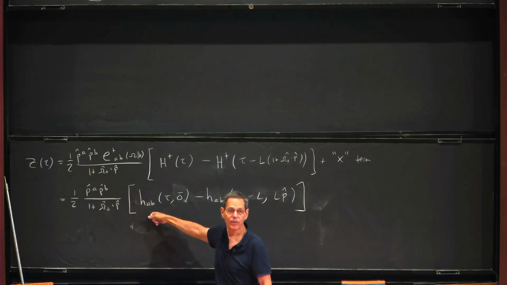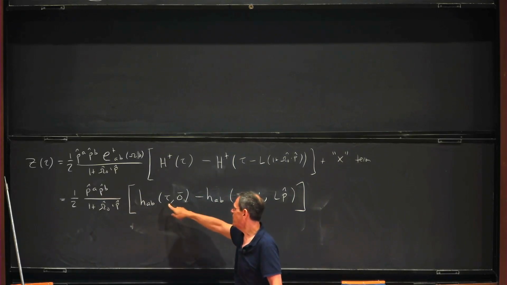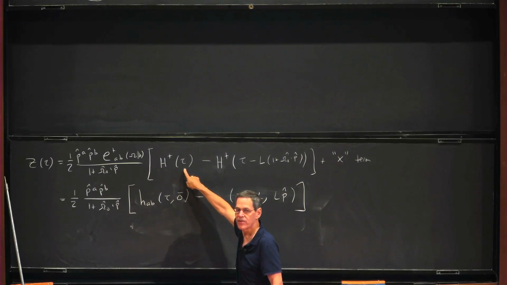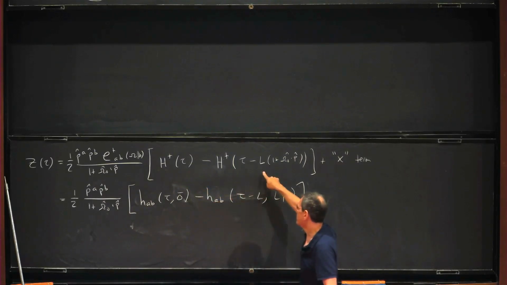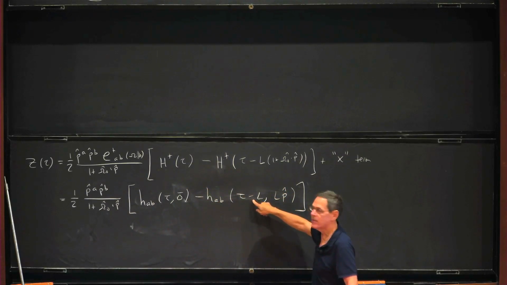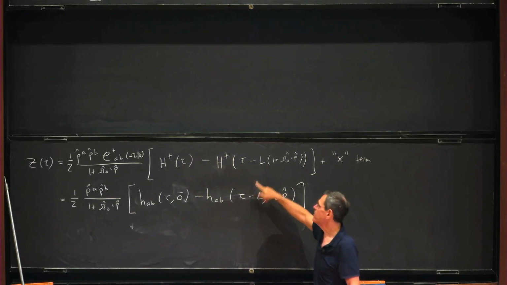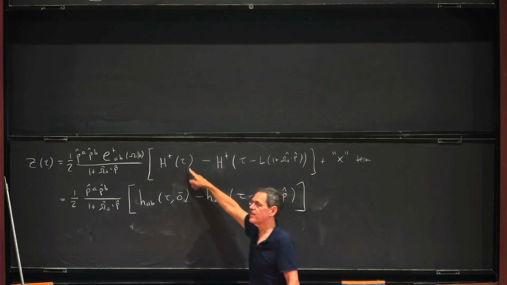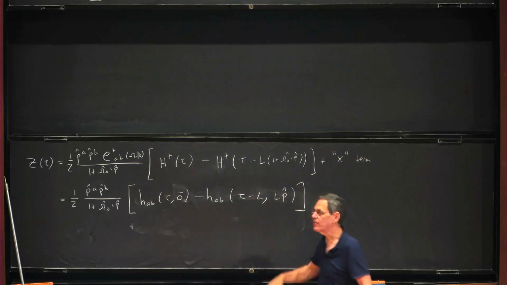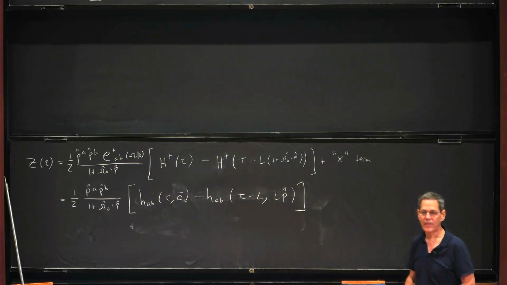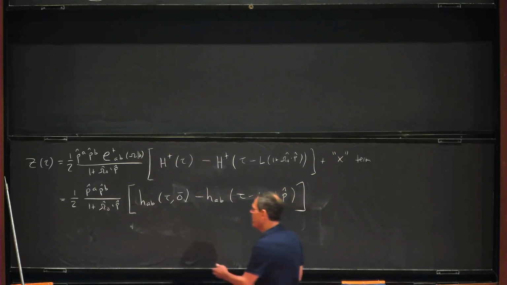I wrote down the one below just to get you to think about the fact that one of these things is evaluated at the Earth at the time the pulse arrives, and the other one is evaluated at the pulsar at the time the pulse leaves. And that's sort of implicit in the retarded times here, but that's why I wrote down that second form. Okay, so let's do the same thing